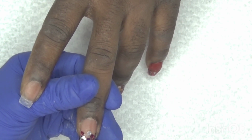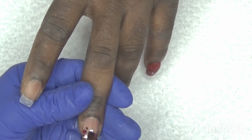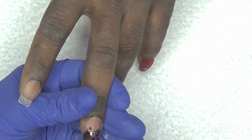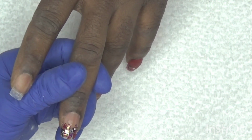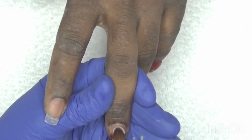So I'm just trying to make the little glitter at the tip into a nice fade, so that when I put the pink over it, it doesn't look crazy. It just blends in really nicely and gives you a gorgeous look. So that's what I put the glitter on top, and now I'm coming in with the pink from Young Nails,